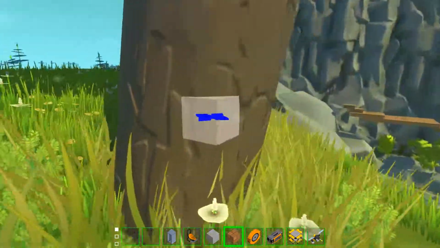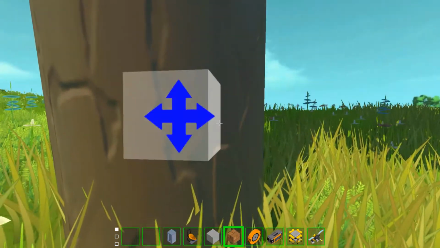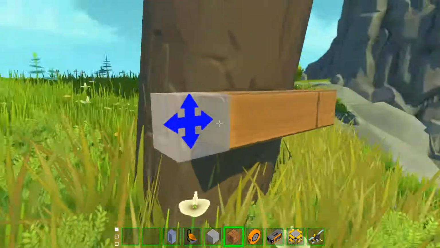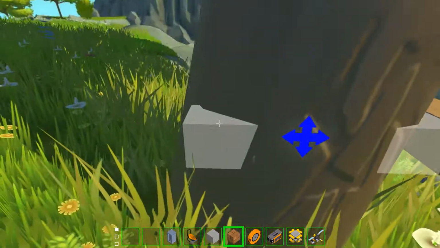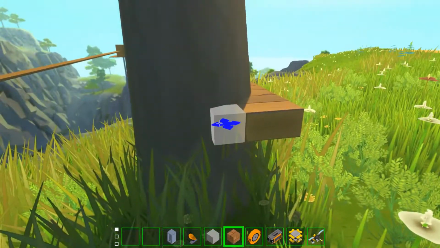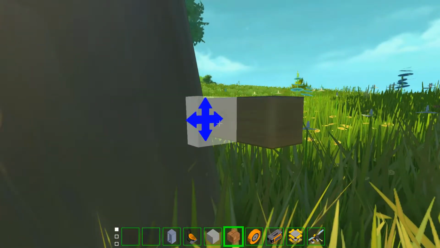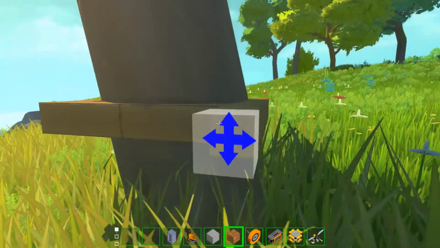Okay, now we got to, of course, build something to the ground. I'm gonna build a nice little ring around the tree. So it will be actually really attached to the tree,